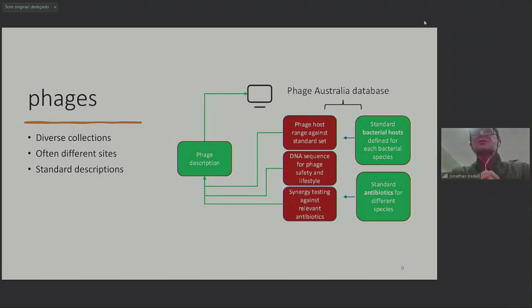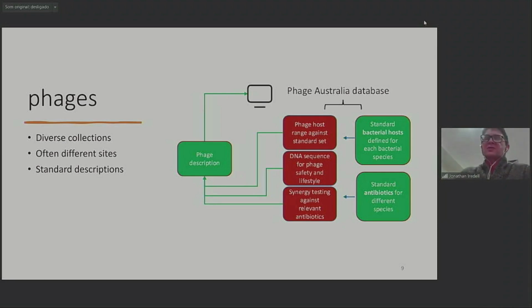And that phage description, from a clinical point of view, needs to include a description of the bacterial targets that phage will destroy, so the phage host range. And that needs to be a standardised description, so that, let's say, for example, the golden Staph aureus, we need to understand the subtypes of Staph aureus that this particular phage will destroy. And obviously we would choose phages that would destroy the most common of the subtypes of any given species as